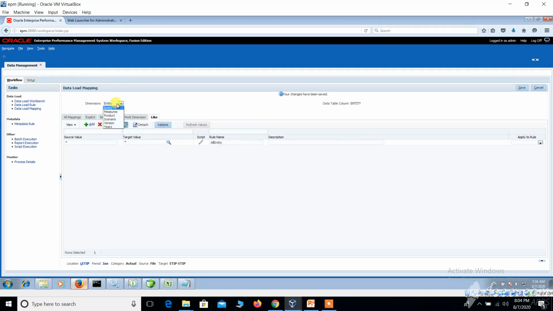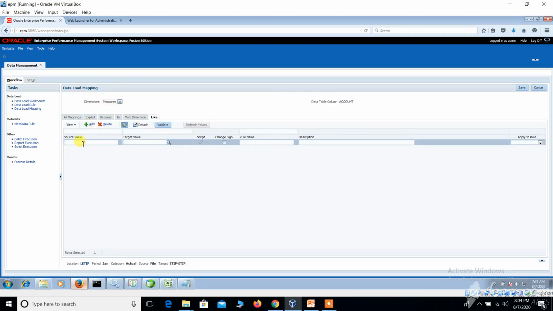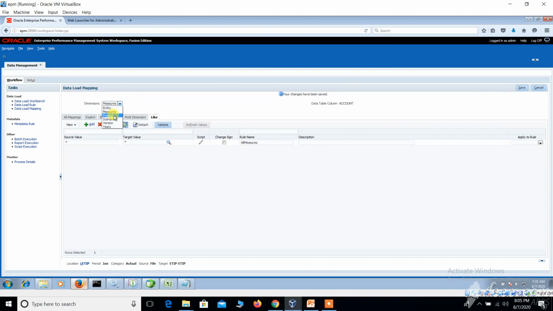Okay, and then go for the measures. Click on add. Here also I am giving one-to-one mapping. All source value goes to all target value, and I give the rule name as all measure. Just click on save. And then select the product. Click on add.